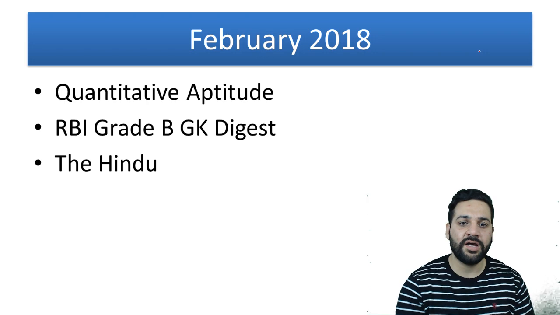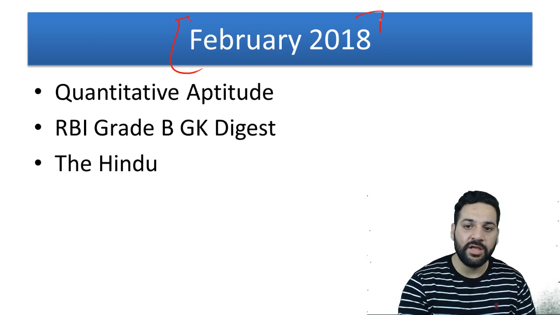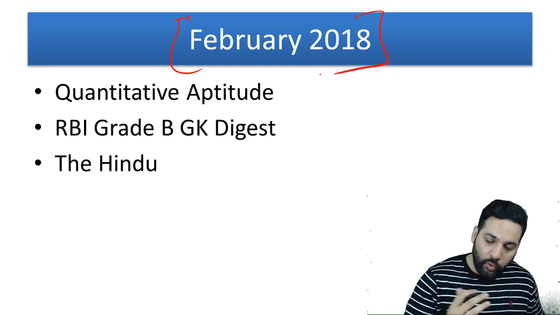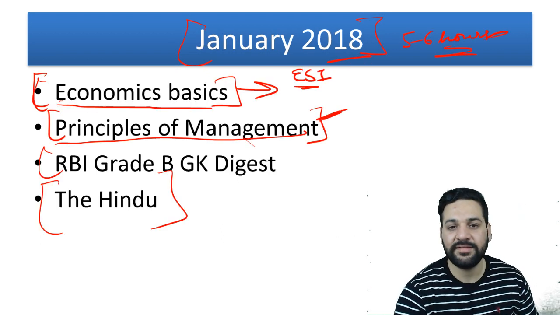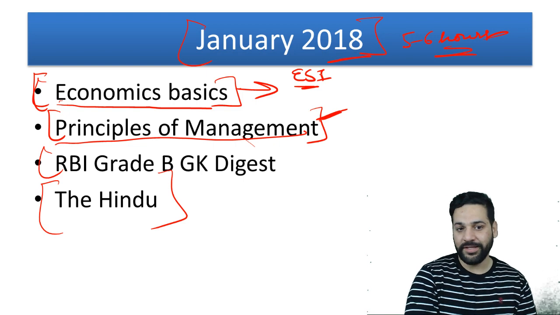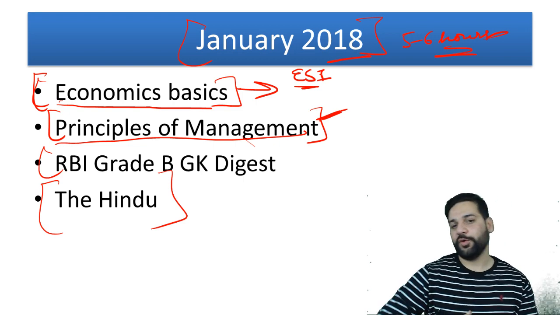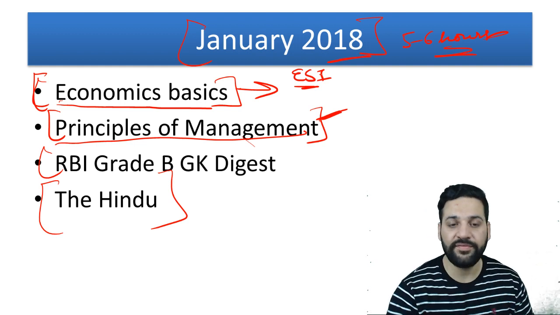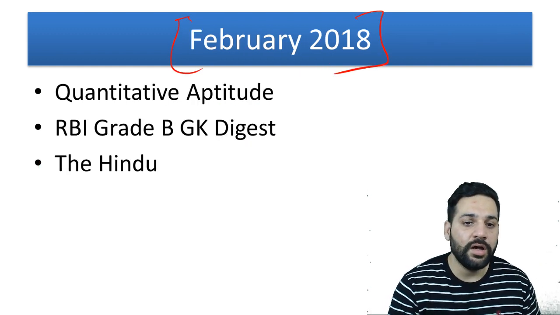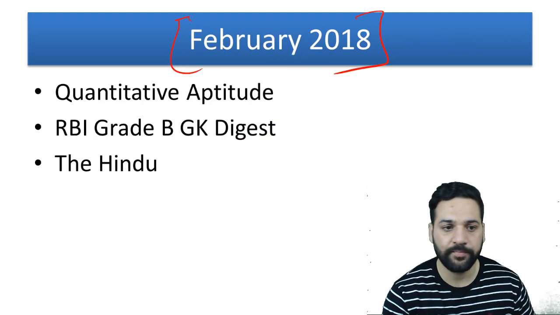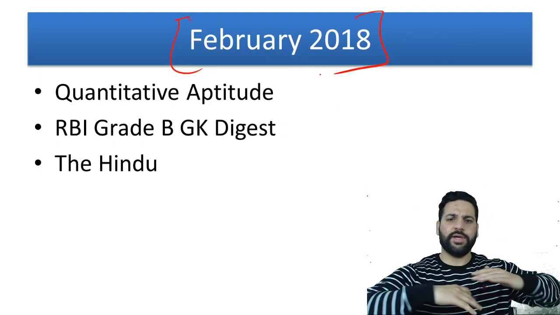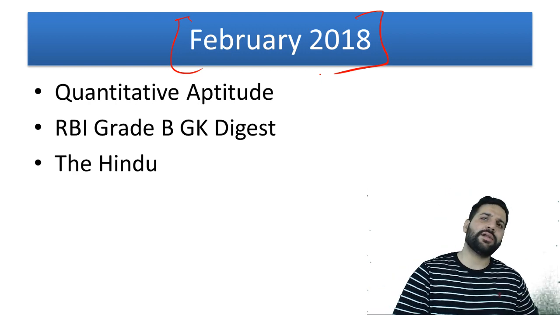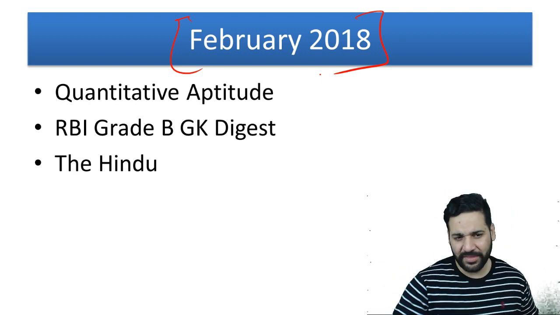What about the month of Feb? Now it's time for phase 1. I hope that you will be able to cover whatever I said for the month of Jan in the month of Jan only. But I know that most of you are going to extend it by 10 or 12 days, and it will be like the 15th of Feb actually. So you can extend your plan according to your capability, but try to stick to this plan only, right?